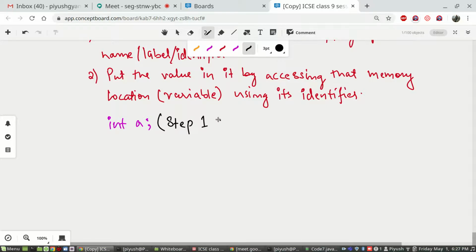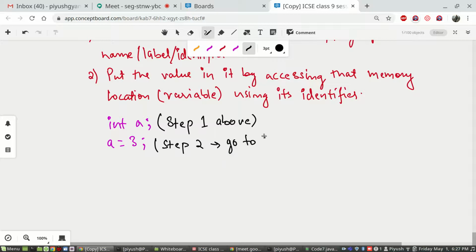We are going from the very grassroots, and we'll be covering these things in the next one or two, maybe 1 week, because there are many things you will be learning now. Then the next line is A is equal to 3. This is step 2 from above. What does it say?